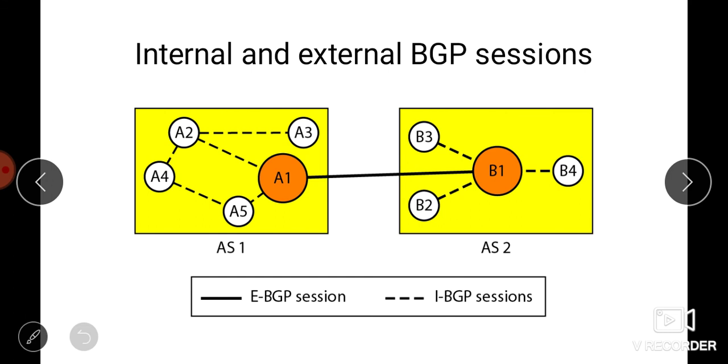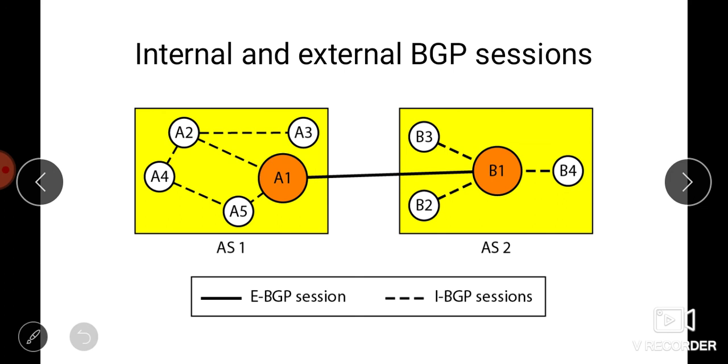Next we basically have two types of BGP sessions. First one is internal and the next one is external BGP session. To be precise, BGP can have two sessions, external and internal. The eBGP session is used to exchange information between two speaker nodes which belong to two different autonomous systems. The iBGP session is used to exchange routing information between two routers inside an autonomous system only.